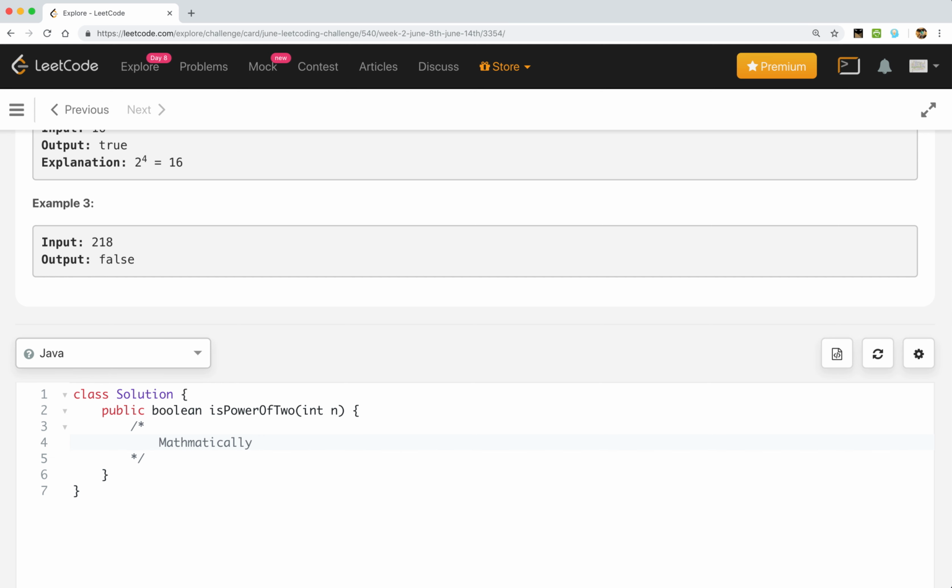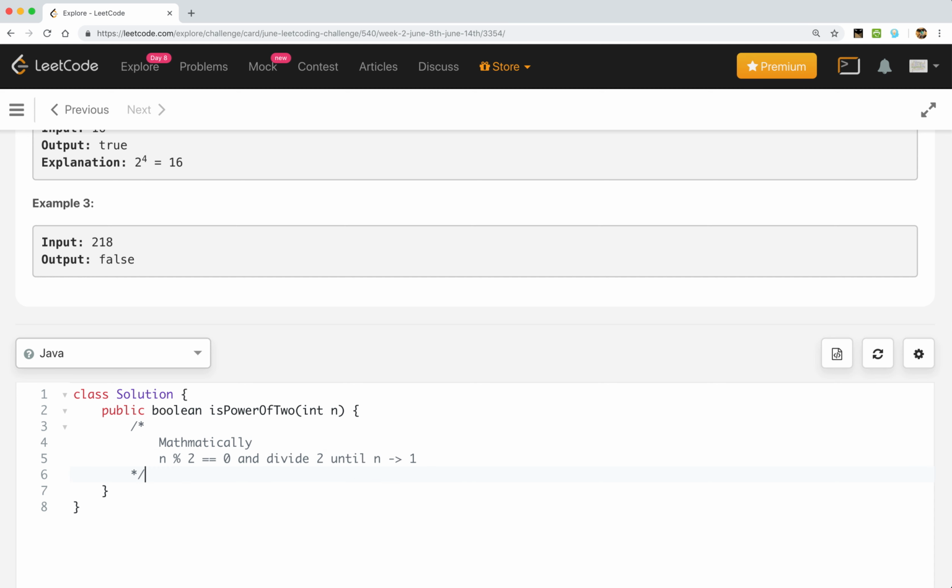Mathematically, if a number is a power of 2, it must first be even, and we can continuously divide it by 2 until the number is reduced to 1. So basically we check whether it reduces to 1 or not. This is a simple mathematical idea, and in the end we will check that.